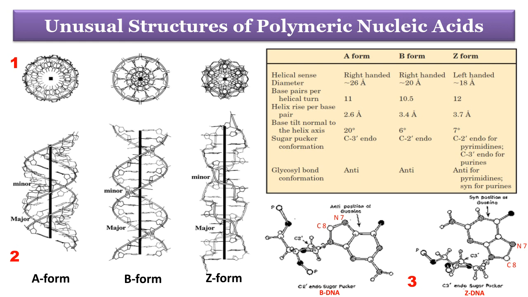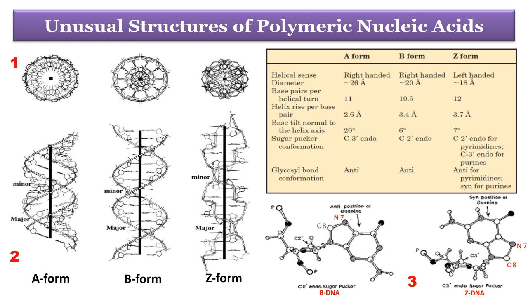Now, when we consider the in vivo occurrence of this unusual structure, it is noteworthy that the occurrence of A DNA in cells is uncertain, but there is evidence for some short stretches of Z DNA in both bacteria and eukaryotes. Formation of the Z conformation unwinds DNA, thus relaxing the supercoils, which is a thermodynamically favored process. The Z DNA stretches may play a role in regulating the expression of some genes or in genetic recombination.